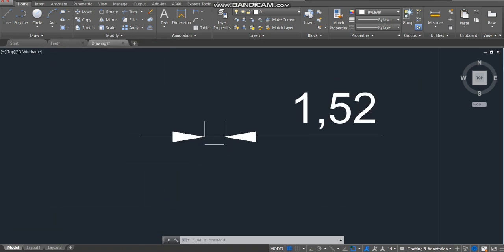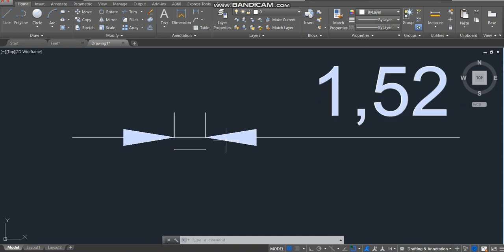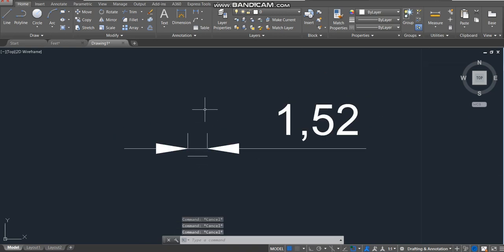Now the line is converted into meter, but we need to set the dimension line and their size, everything. So for that, what I will do, I will